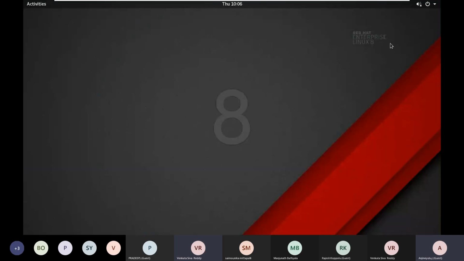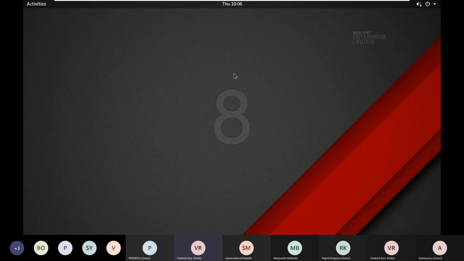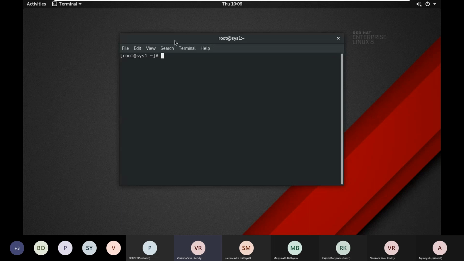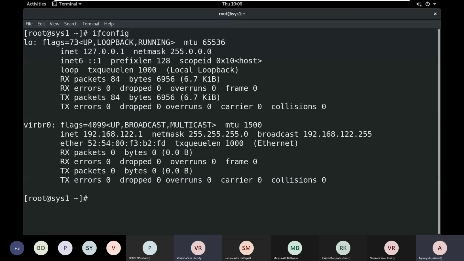Just a minute, I have to connect to the Linux machine remotely. First I have to find out which IP address is available on my Linux machine. Then I will connect to my Linux machine. If you want to find the IP address in a Linux operating system, the command is ifconfig.